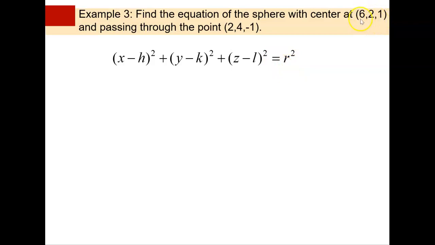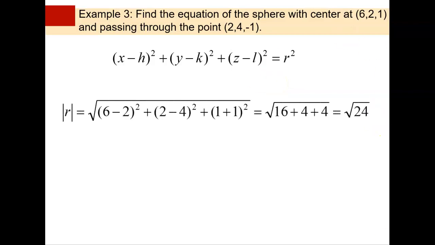Now, we already know the center, so 6, 2, and 1 can be placed into this equation for h, k, and l. But we also need to find out what is the radius of this equation. Now, remember, the radius is the distance from the center of the sphere, which is here, to a point on the sphere. So you notice this sphere is passing through this point. So if I find the distance between the center and that point using the distance formula, I